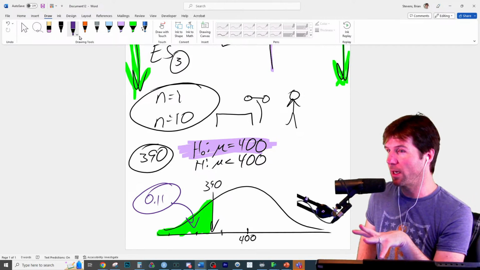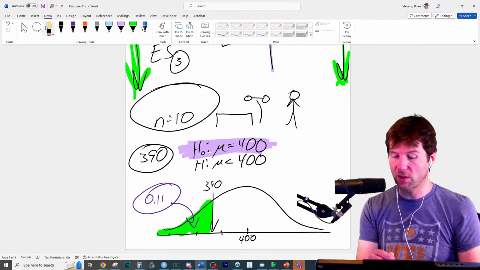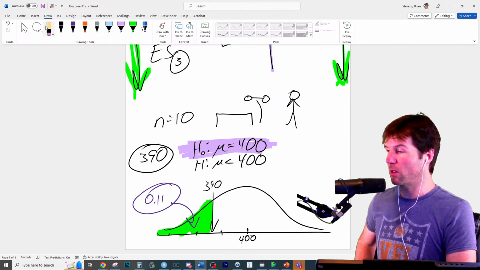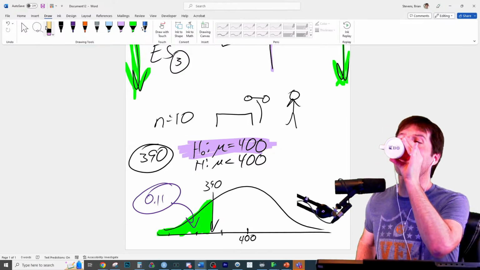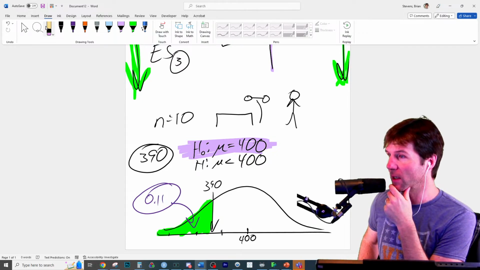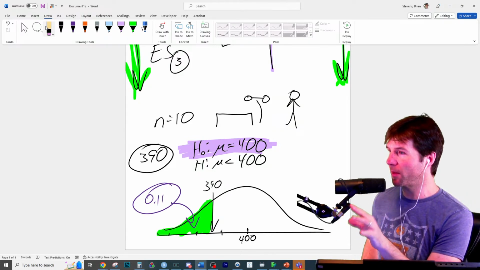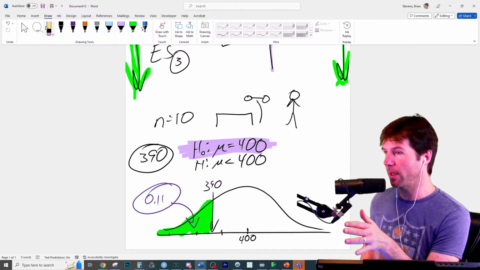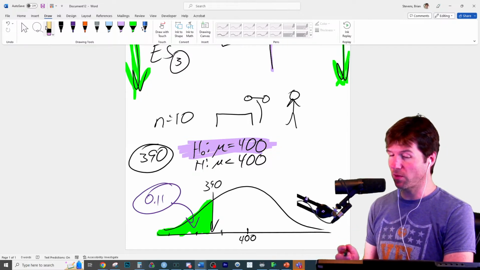So you saw me bench 390 10 times. We ran the analytics on it and we got the following. So 390 is a what result? Insignificant, right? So you'd believe me, right? Because I bench something you would expect by random chance, given I can bench 400. Like the result of 390 is a likely result by random chance, given I can bench 400.